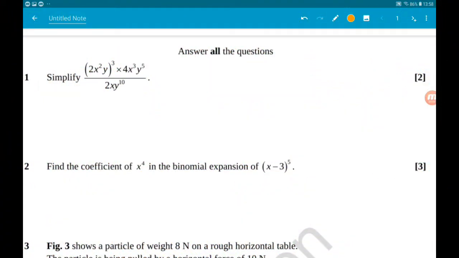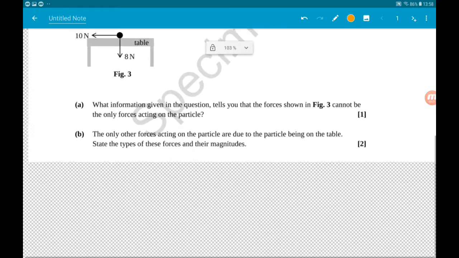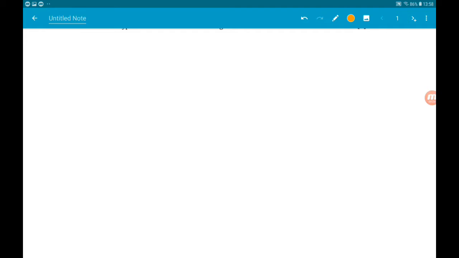Okay, question 1 wants us to simplify 2x squared y all cubed times 4x cubed y to the power of 5 all divided by 2x y to the power of 10. So, we've got